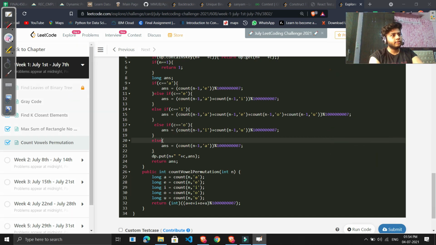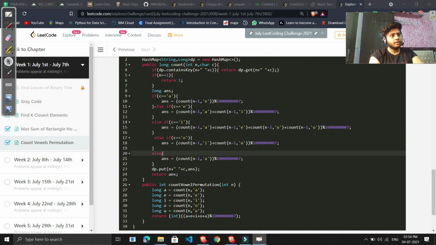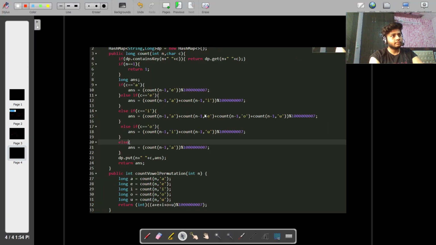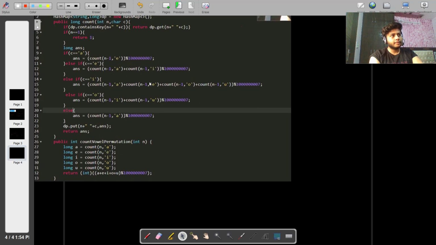Firstly, I will do the dry run of this approach so that you can get a better understanding of it. So this is our code. What we are trying to do is, we have the hash map. We call for each vowel individually to get its answer and return it.